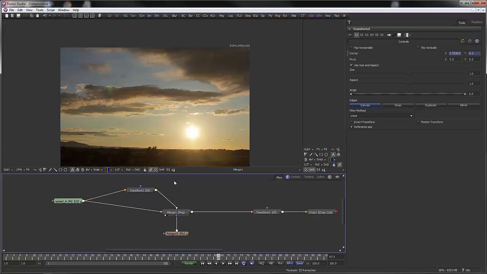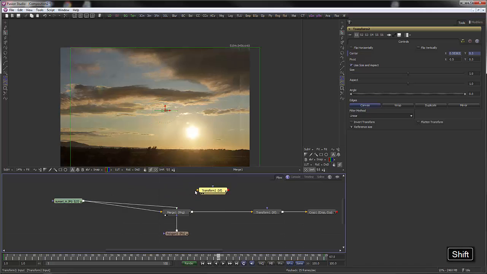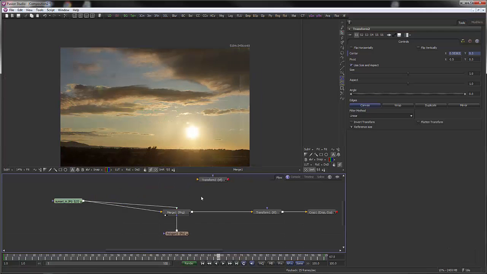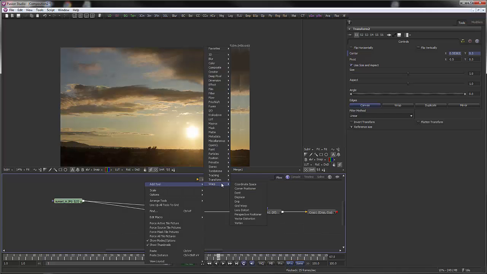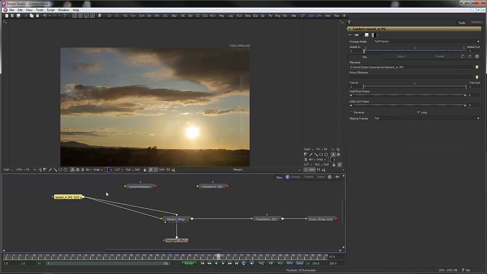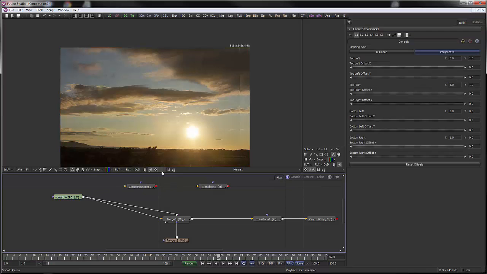So we're going to remove that because that's ugly, remembering that I do shift to wire and also shift and drag to unwire, so that goes over there. And then I'm going to right click, add tool, warp, corner positioner. You can also use this tool to do sign replacement and stuff like that. It's pretty easy to use, but we're going to use it to make a nice shear operation on the sky. So I'm going to wire the corner positioner in,